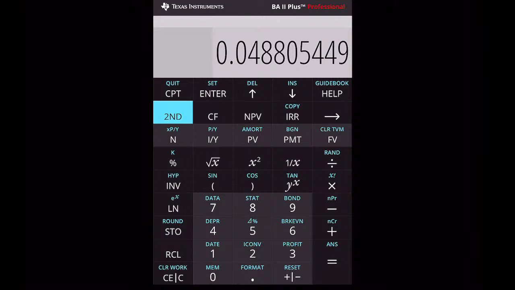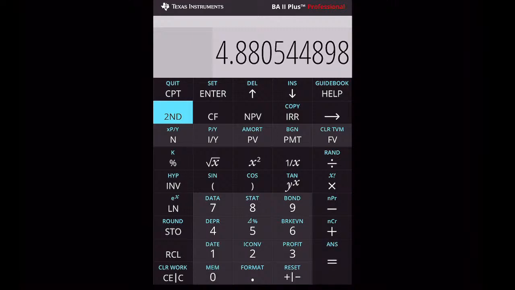So I add 1 and I compound 2 factors of the half-year rate. So now I have the annual rate, and then I multiply by 100 to use it. But for now, I've put it in here, and now I want to know